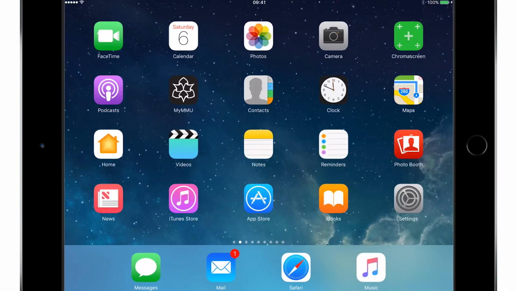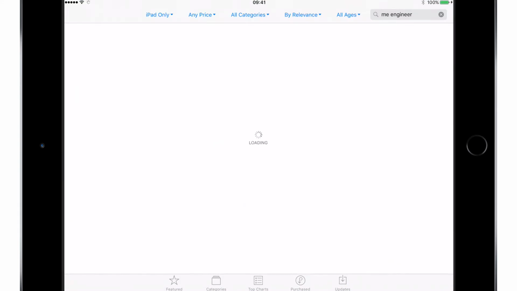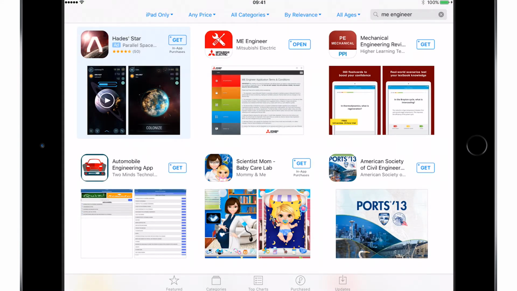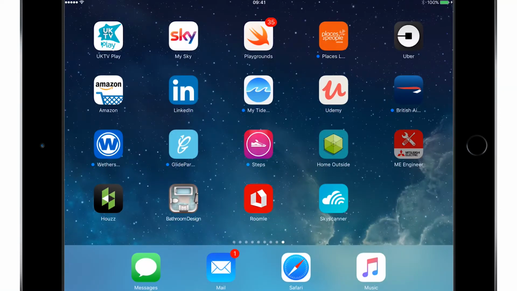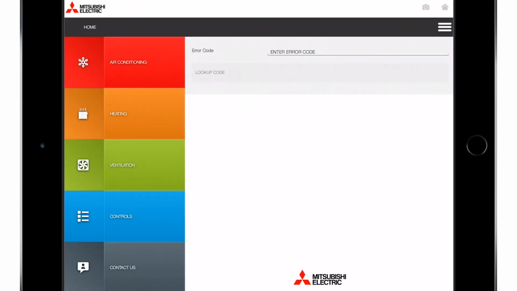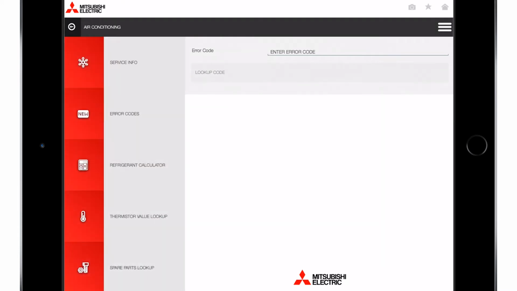ME Engineer is an app that's available on Android and on Apple and on Windows, and you can also get a version which runs on your laptop. On there, it's taking you through air conditioning, heating, ventilation, controls. By going to air conditioning, on there we've got an option about service information, which is going to take you